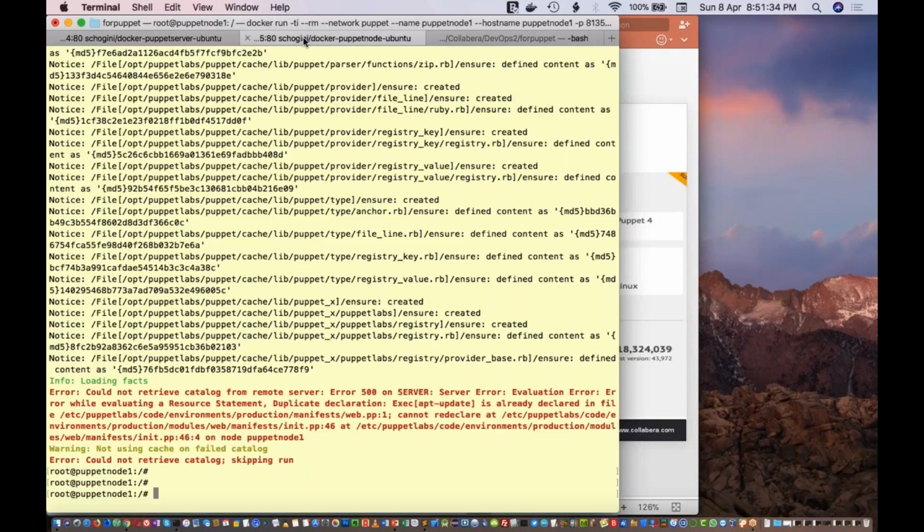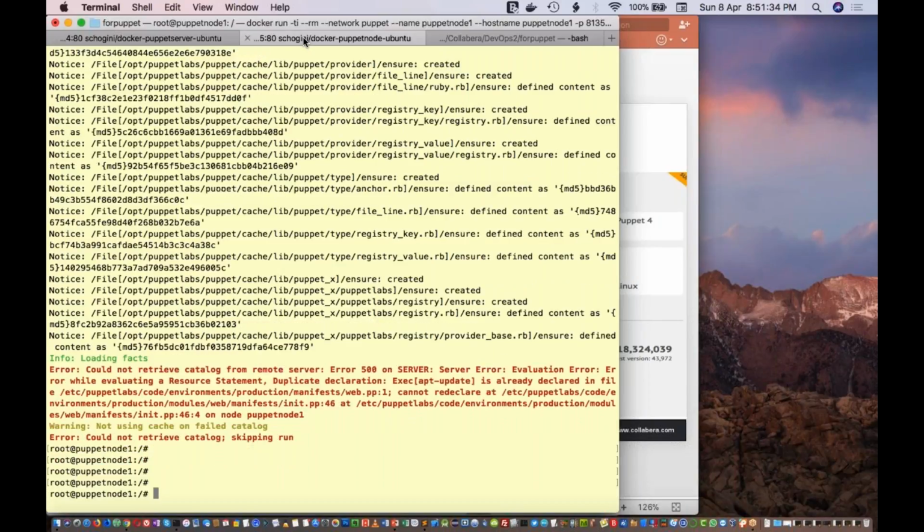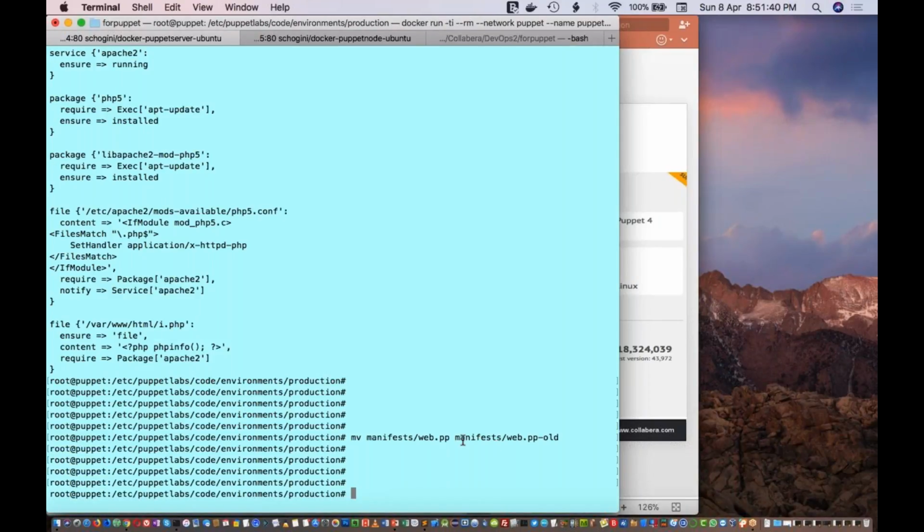So make sure that inside your manifest folder, there are no manifest files which use the same resource title as the one that we are using inside the module. You can't have the same resource title used for different resources.